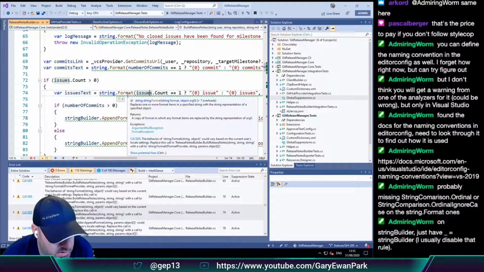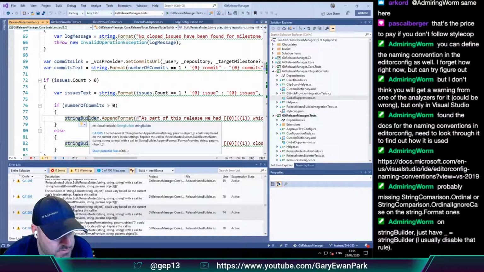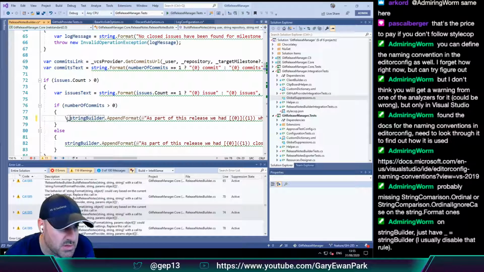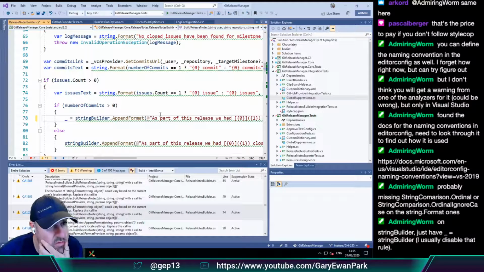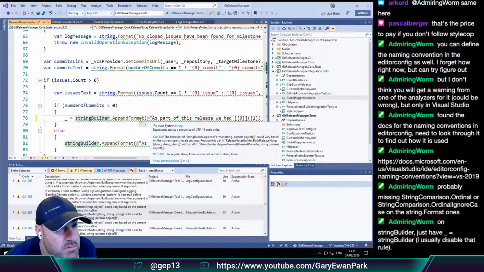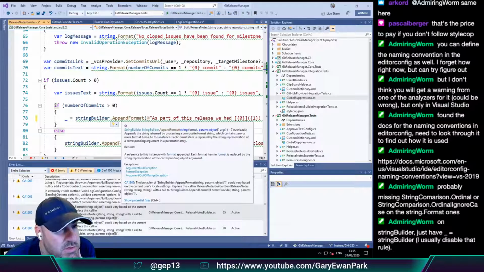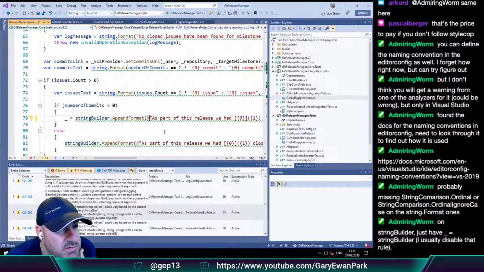It wants a format provider. And that's exactly what it wants us to do. Still complaining. But it also wants us to remove that.